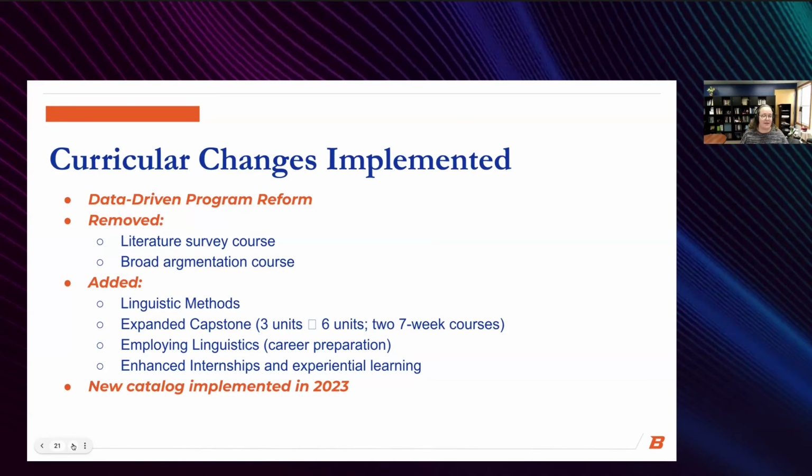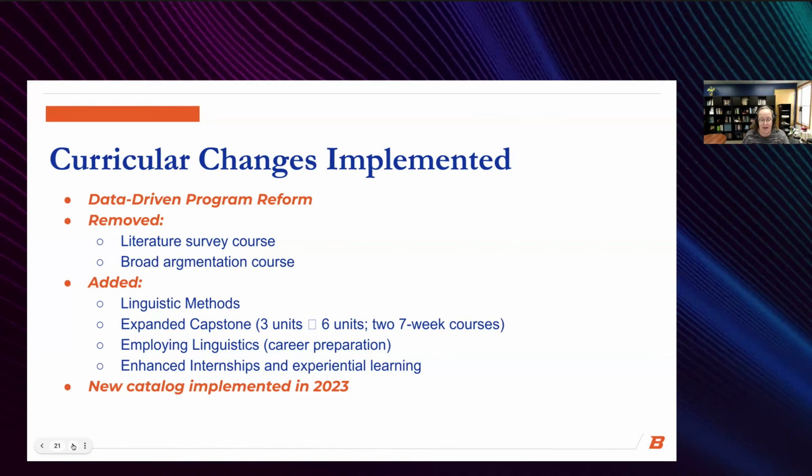Yeah, so basically we made several changes to our curriculum as a result of these first few years of data collection, and it was really helpful actually in having data from years prior to our move out of the English department to be able to use data to say, we need to include new courses, and so we need to get rid of courses that are not going to be as useful to our students.